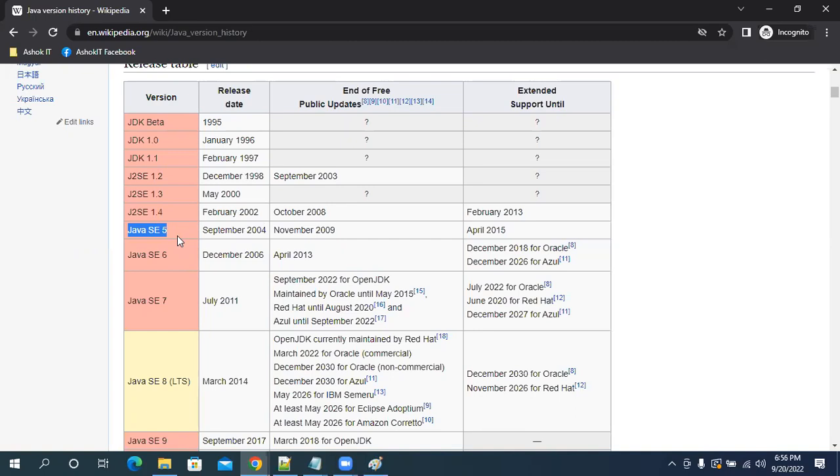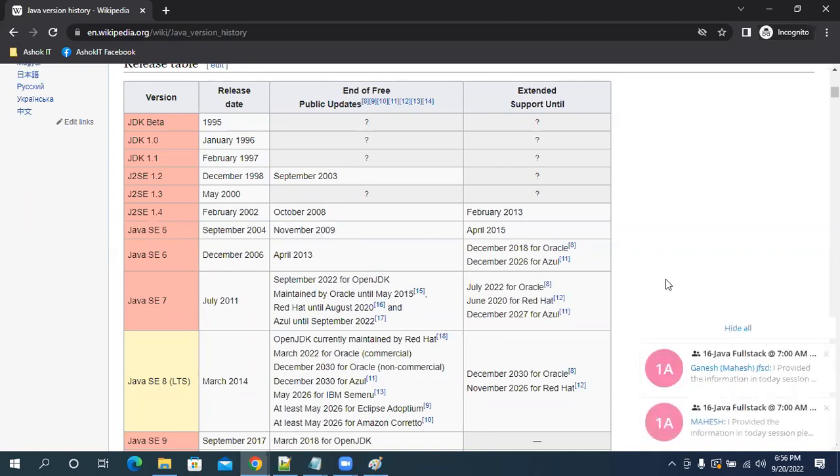But to be frank, Java 1.5 is a failure because of so many changes they made to the Java language. Java programs became very slow in execution. You see how much time they took to release Java 1.5? Almost 2 years.